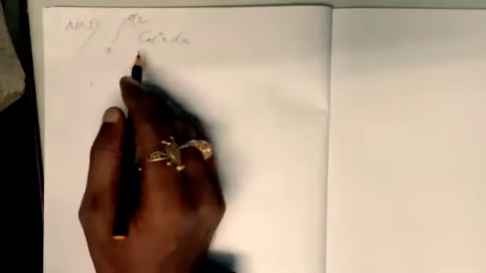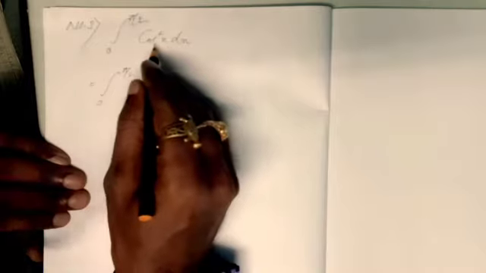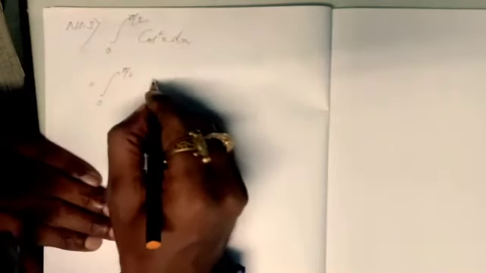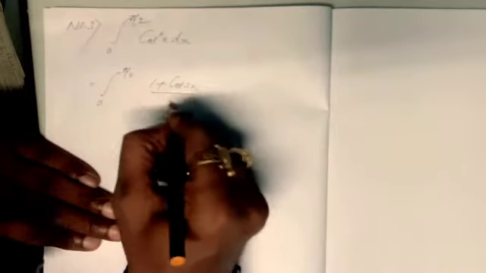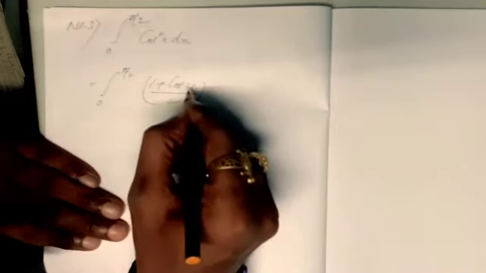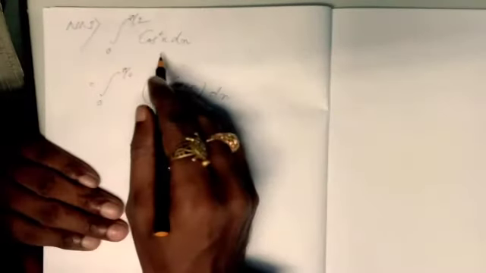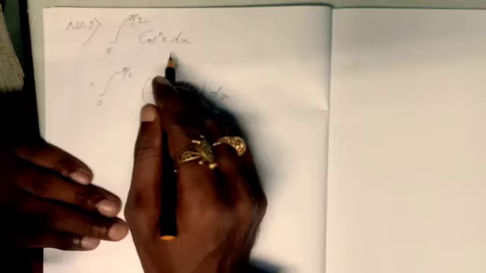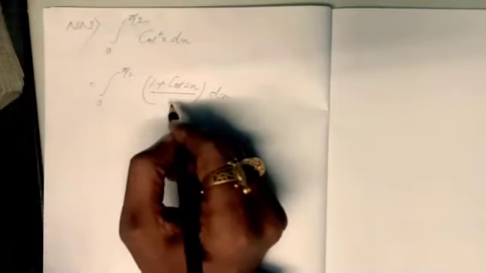Let us see number 3. Just see the question number 3. Integration 0 to pi by 2 cos square x dx. You have to break cos square x in terms of multiple angle, that is (1 plus cos 2x) by 2. The formula for 1 plus cos 2x is 2 cos square x, so (1 plus cos 2x) by 2 is only cos square x. Because there is no formula of integration of cos square x, you have to break it in terms of multiple angle. Okay, let's see.